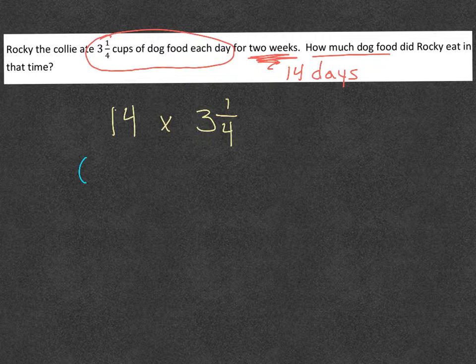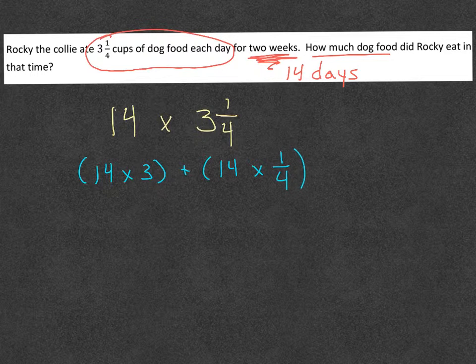So I have 14 copies of 3 plus 14 copies of 1/4. Let's start solving it. 14 times 3 is 42, plus 14 times 1 is